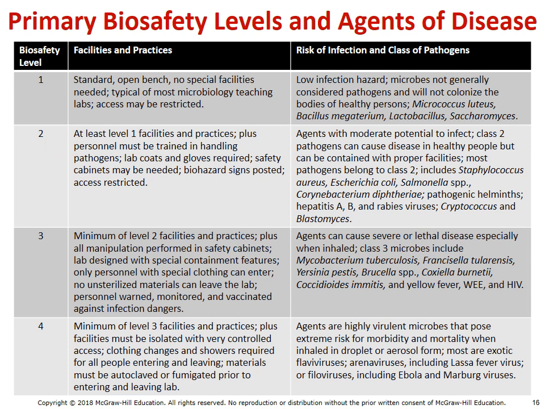But notice when we go up to level 2, things start to get a little more serious. We start to see pathogens like Staphylococcus aureus and E. coli, Salmonella, diphtheria, hepatitis A and B, rabies is level 2. And so the idea here is we're ramping up the risk quite a bit. As a result, we should have at least some safety precautions like lab coats and gloves and glasses, and have the ability to work in cabinets if needed. And that's the minimum to be properly capable of handling these things.